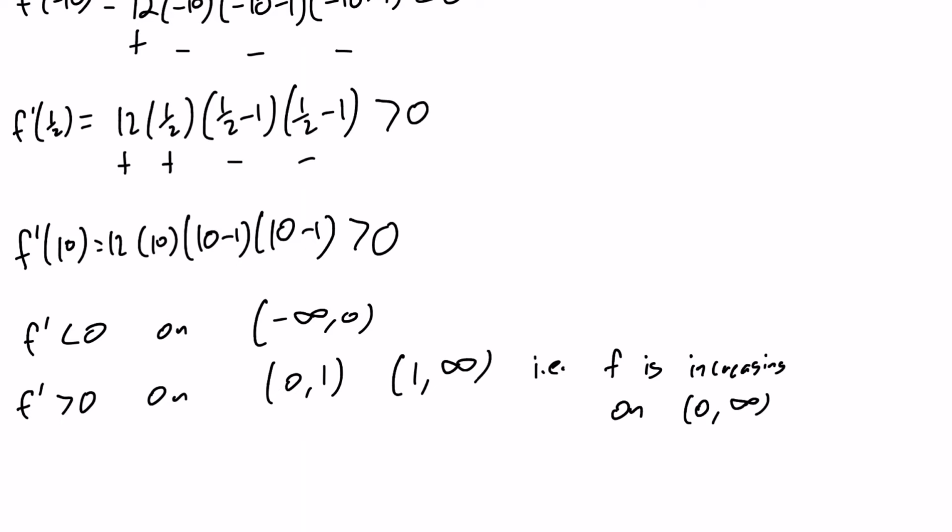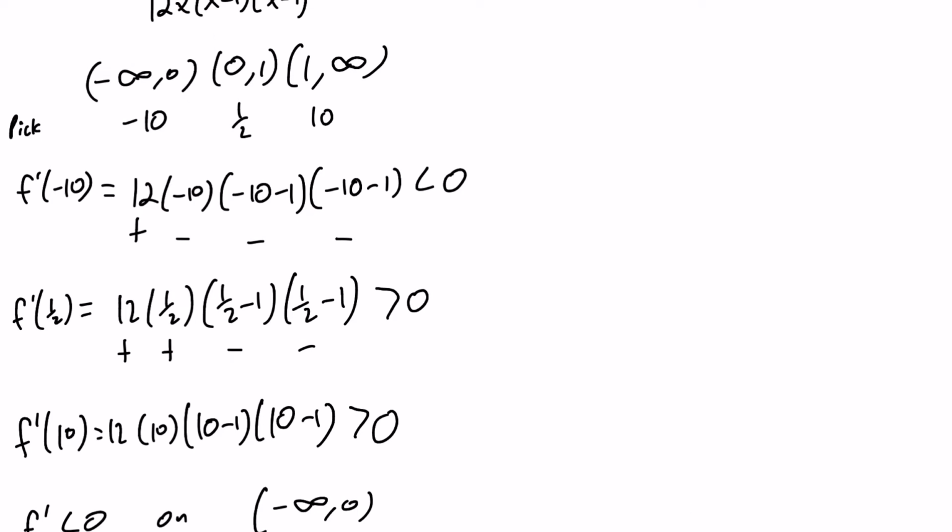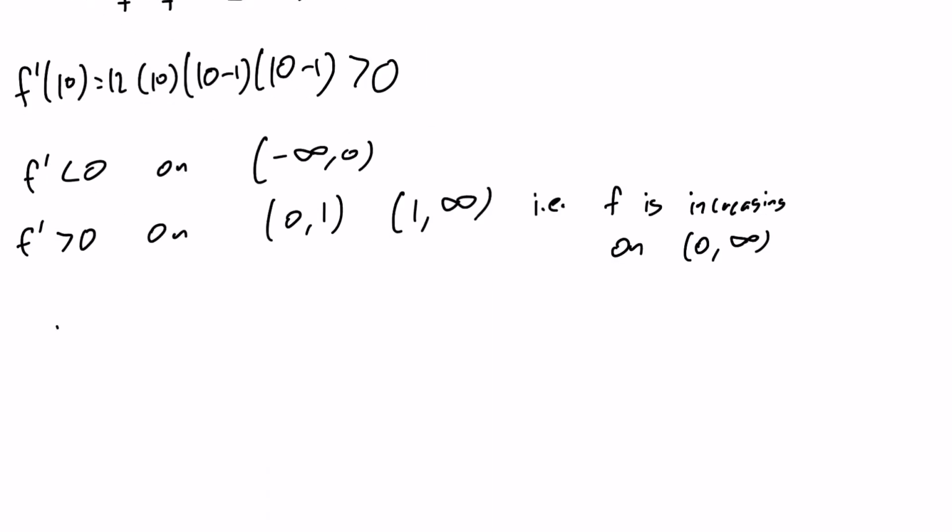The first derivative is increasing, so the function is increasing on that entire interval. That doesn't make too much of a difference, it's just a side note. Okay, what does this mean about our critical points? Do we have any local maximums or minimums? Well, remember, local maximums and minimums happen in places where the first derivative changes sign, and the only place that happens is at x equals 0. Because at x equals 0, the first derivative goes from being negative to being positive. So that means we have a local min